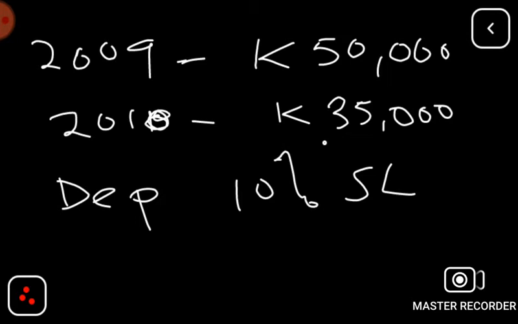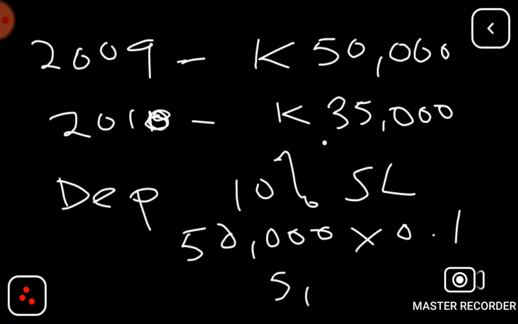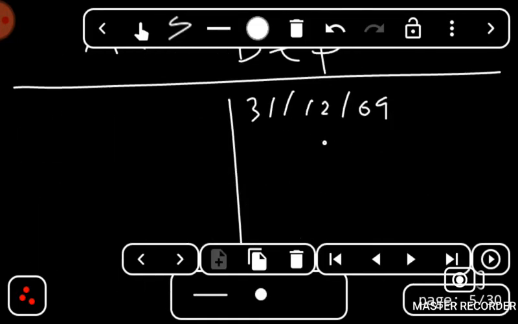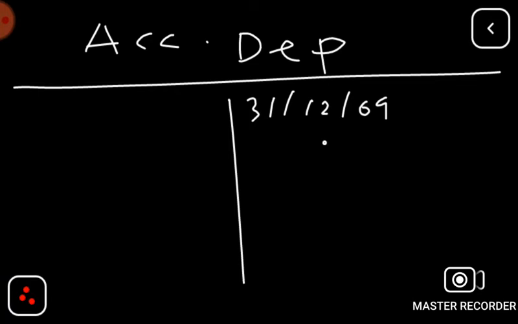So what we're going to do, since we're using straight line, we're going to say 50,000. By the way, I've said check the last videos that we've done to know how we are depreciating in straight line, and they've said 10%, so 0.1, and this is 5,000. But remember, it is a straight line method, so it means in 2009 and in 2010 we'll still have the same 5,000. So 5,000 is depreciation. So what you have to do, since you know your depreciation amount, is